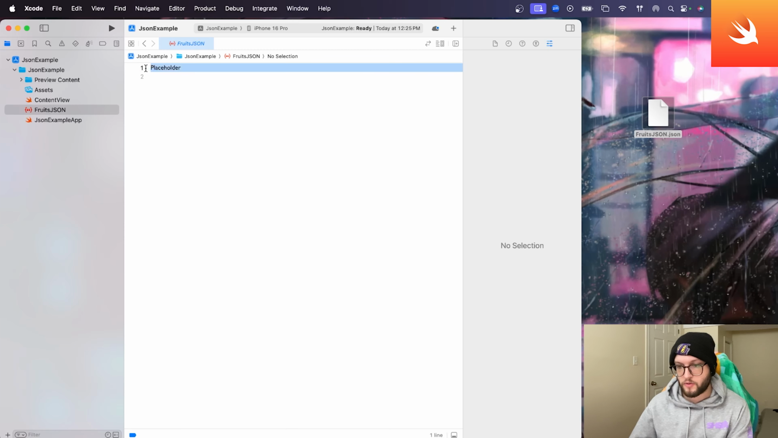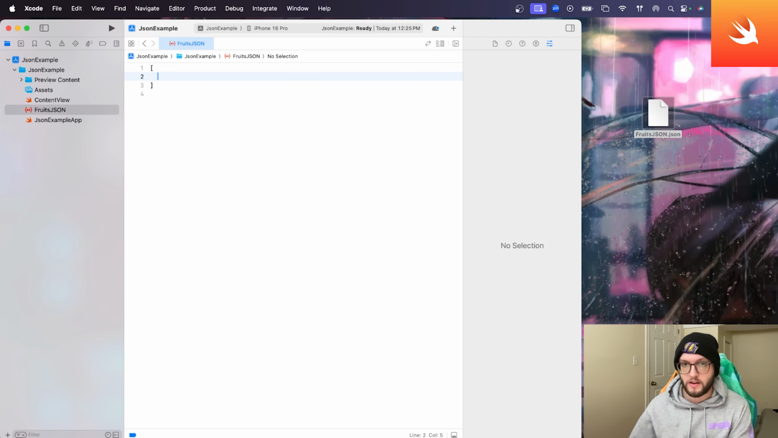And you can see that we just have our placeholder here, but this is where we're going to actually be adding our information for our JSON. If you already have a JSON file that you're going to be using, just go ahead and import that, and then you can skip ahead. I'm going to make a JSON here, and this is going to be a list of fruits with a name and a description. So what I'm going to do is I'm going to add my square bracket here,